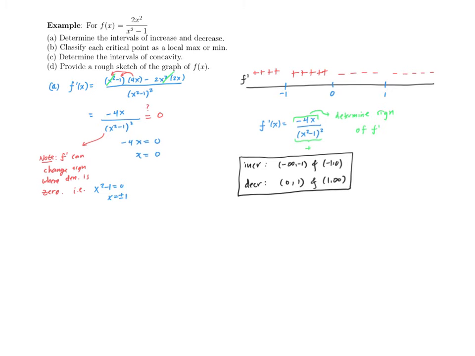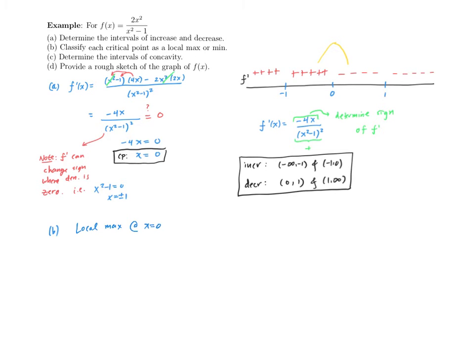And note that in order to determine these intervals of increase and decrease, our starting point was to really think about where that first derivative is equal to 0, which allowed us to determine that there is a single critical point at x equals 0. And looking at our number line above, for that critical point at x equals 0, the first derivative is positive to the left of the critical point, negative to the right. So that critical point is going to be what? A local max, a local min, or neither. And drawing that little graph above the critical point at 0 tells us exactly what's going to happen. There is a local maximum